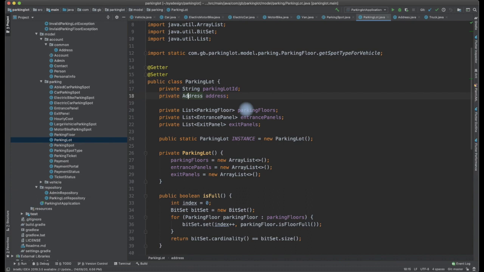And also, as told in the requirement, a parking lot contains more than one floor. When it contains more than one floor, we should think there is a list of floors, or an array of floors, whichever way we can think of. Why are we not going with a fixed size array? We might not be able to reinitialize an array easily, so we are going with an expandable collection class, which is List.